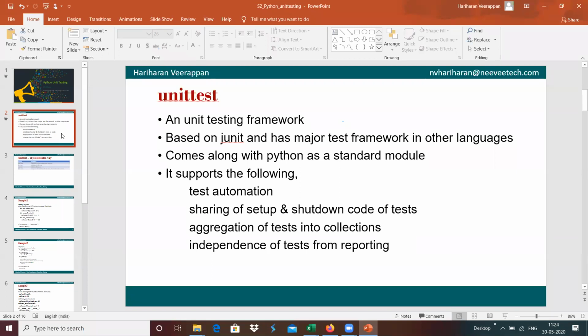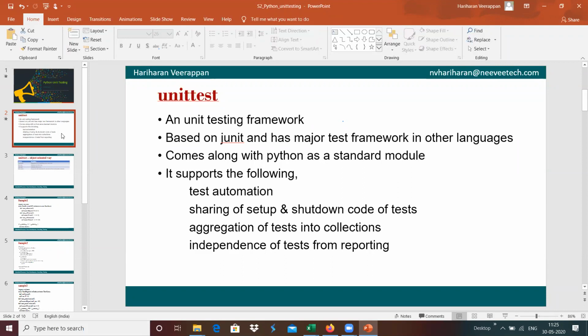Similarly, for every software development, every function present in our module can be validated during the development, which is called unit testing basically.